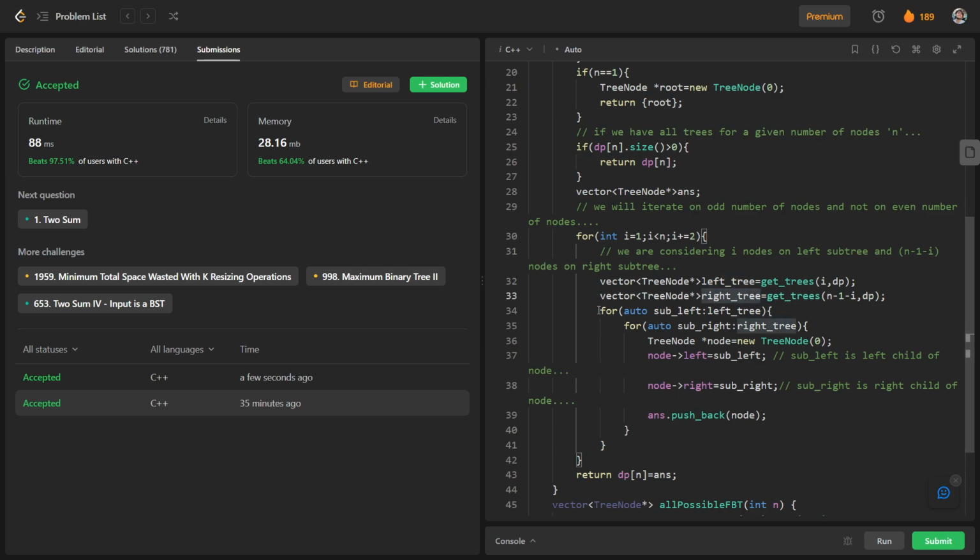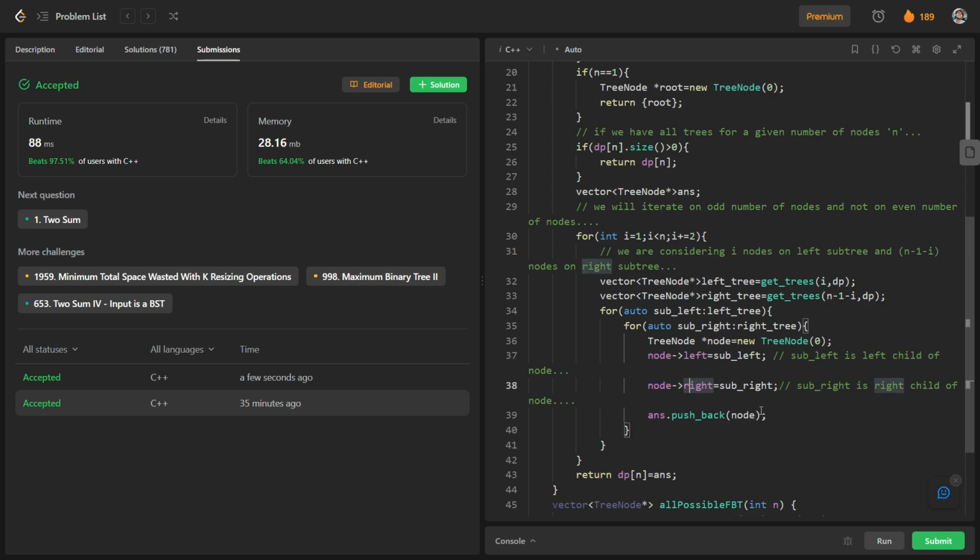After that we made the combination of each tree on the left part and right part. The tree present on the left part is the left child of the node, and the tree present on the right part is the right child of the node.